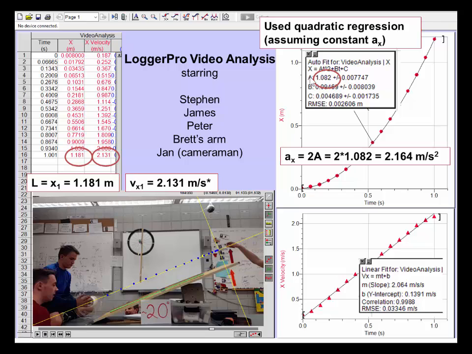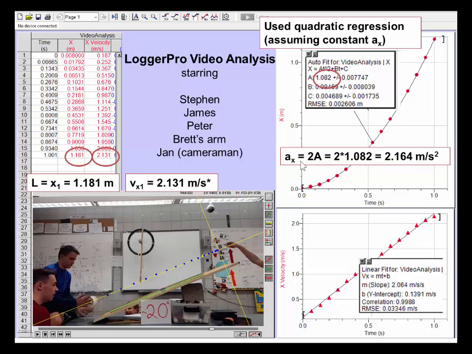The number we're looking for the acceleration is right up here. We're assuming it's a quadratic fit, so we've got the formula for a parabola here, ax squared plus bx plus c, where if we match that to our motion equations, that a is 1/2 of our acceleration. So our acceleration should be double that coefficient a. And of course, this is what you're going to write up in your conclusions. And what I would have here is 2 times 1.082, so I end up with 2.164 meters per second squared